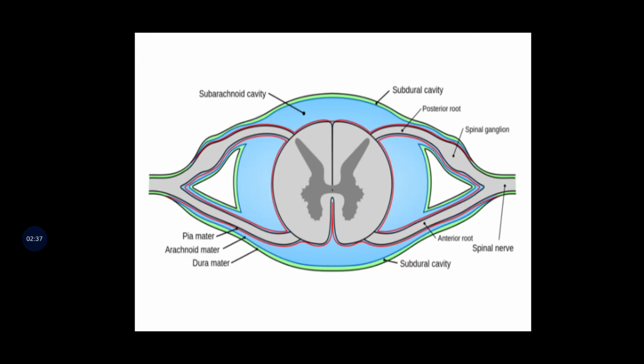Now, in the cross section, the peripheral region of the cord displays the neuronal white matter tract, containing sensory and motor neurons. Internal to this peripheral region is the gray matter, the butterfly-shaped central region. It is made up of nerve cell bodies, and this central region surrounds the central canal, which is an anatomic extension of the spaces in the brain known as ventricles, and like the ventricles, it contains CSF, cerebrospinal fluid.